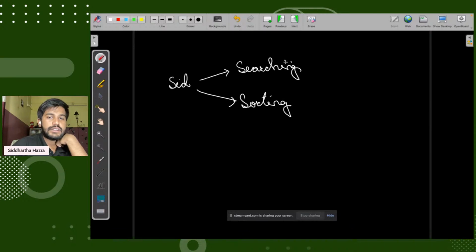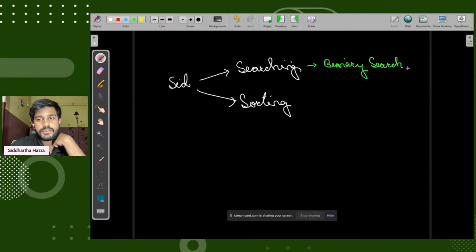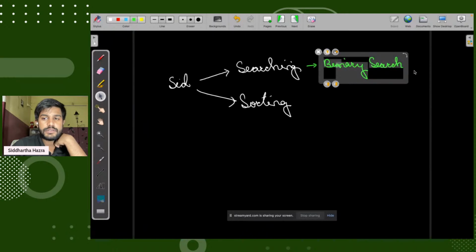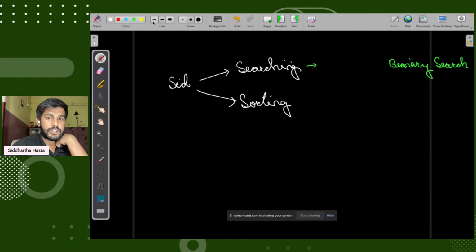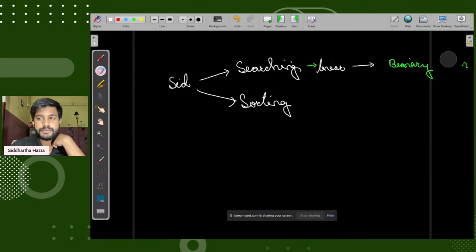For searching, the very first topic is linear search and then binary search.